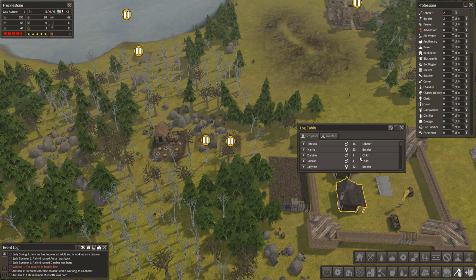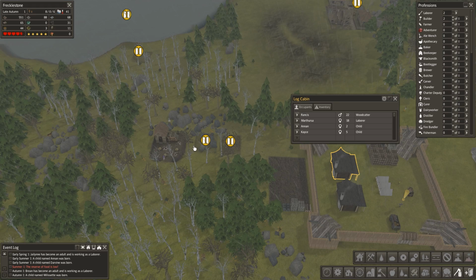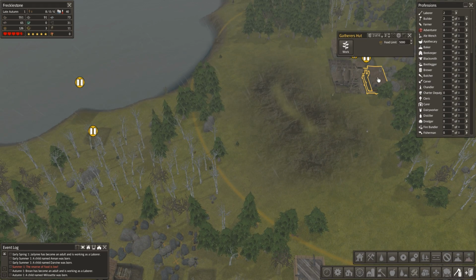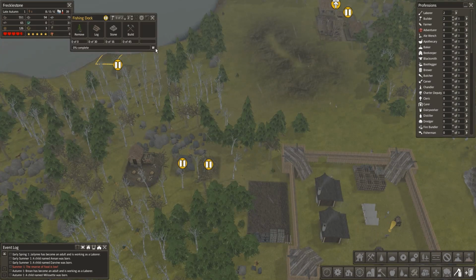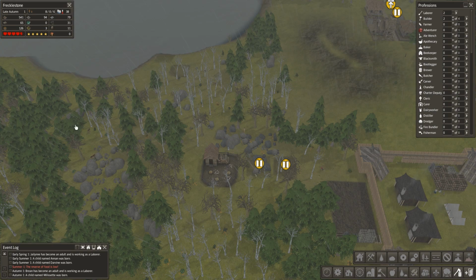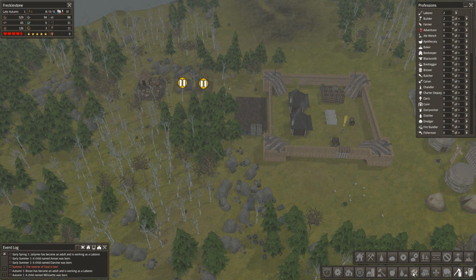Have we got anyone that's old enough to go in a home yet? Well, this person is. And that person. Maybe I should unpause this. And that one. Because we do need to increase the population at least a tiny bit. Anyway, while I'm doing that,